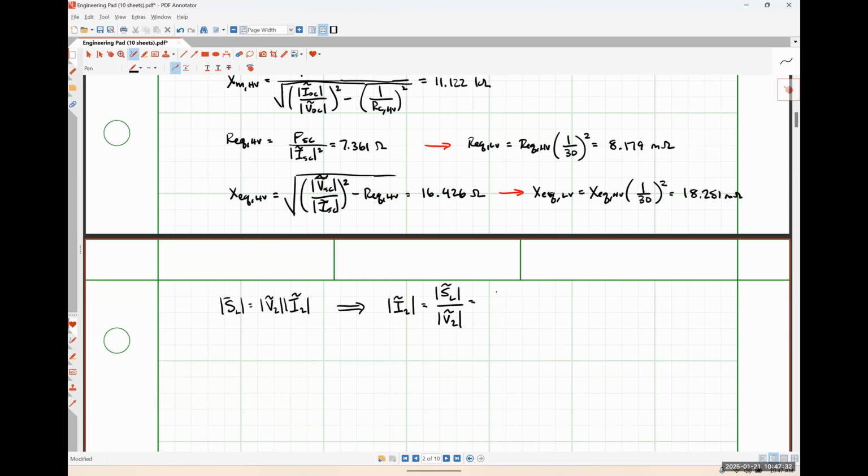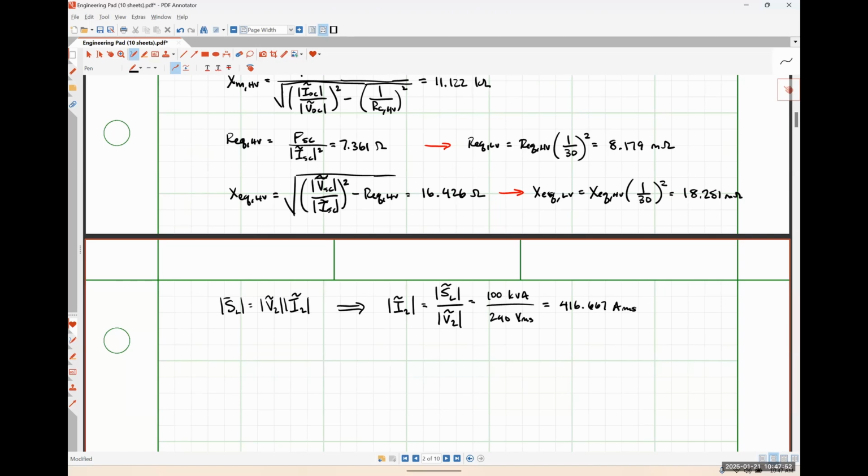And so that's just going to be 100 kilovolt amperes over 240 volts RMS. And this comes out to be 416.667 amps